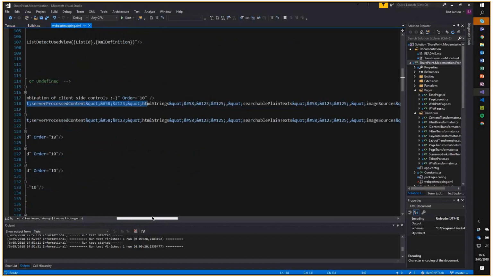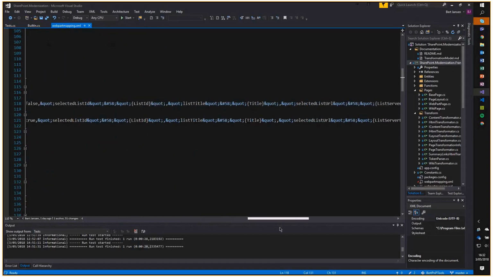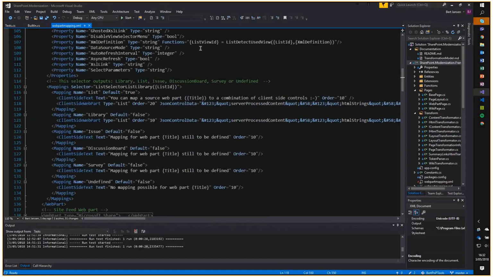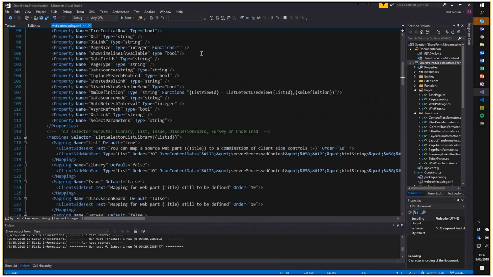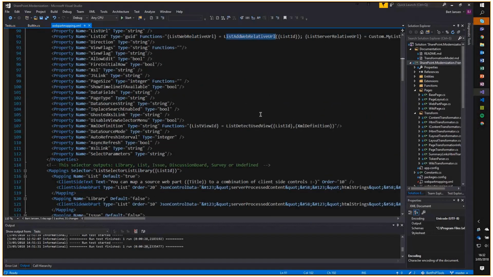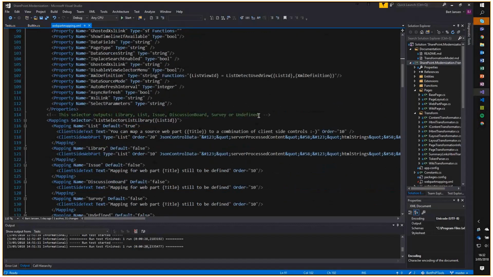So if I scroll in here a little bit to the right, you see, for example, the title token over here, list server relative URL token. So what happens is that this web part is configured by replacing the tokens which you got from the web part or from calling functions on the web part. So then the final question to get answered is,